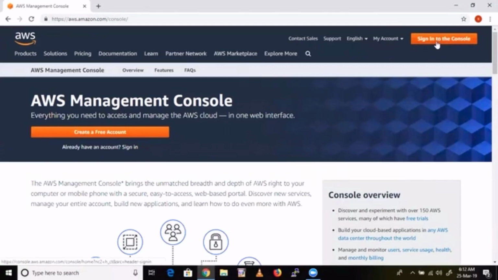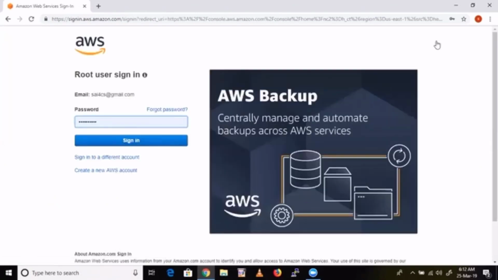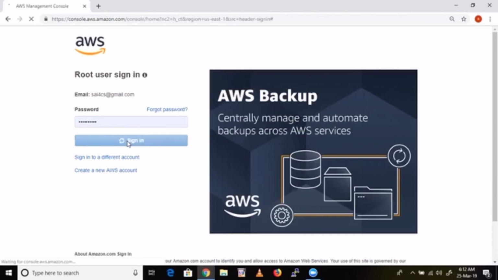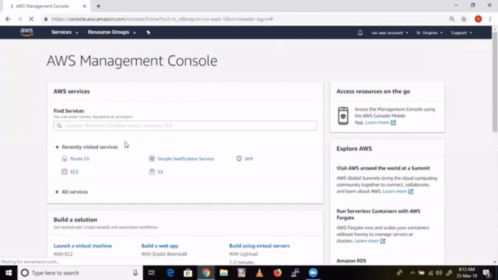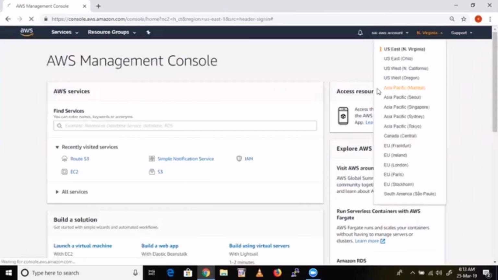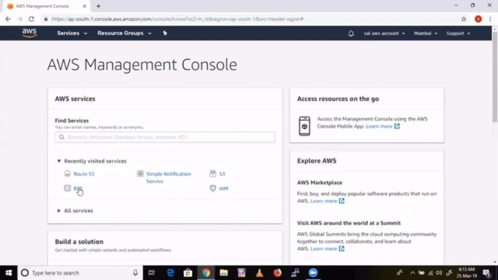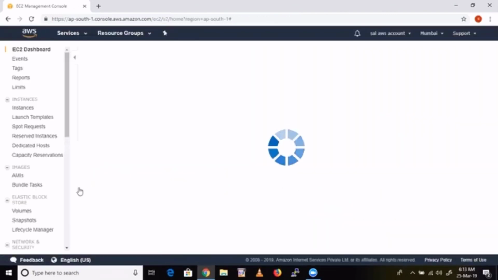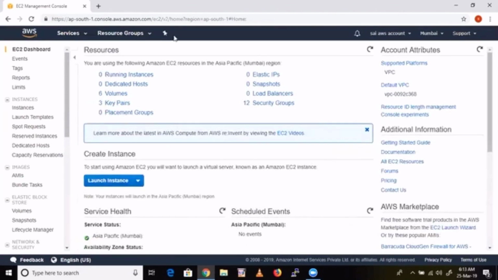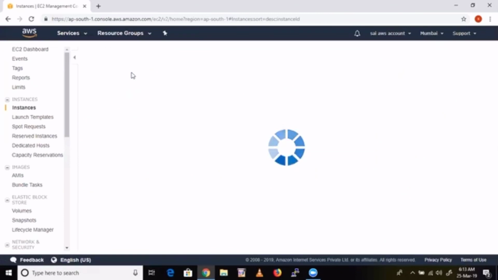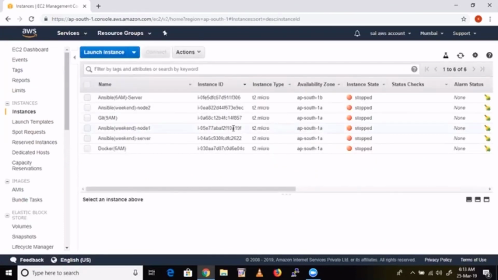Go to your AWS account. Go to EC2, and then instances. We'll launch one server first.